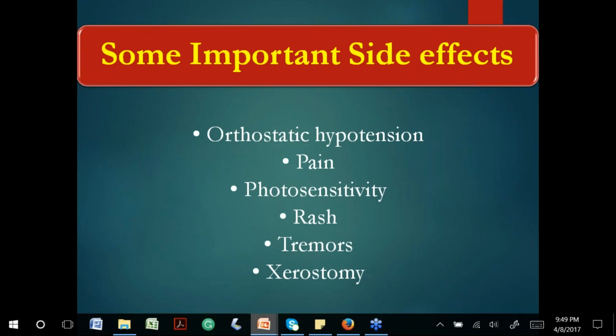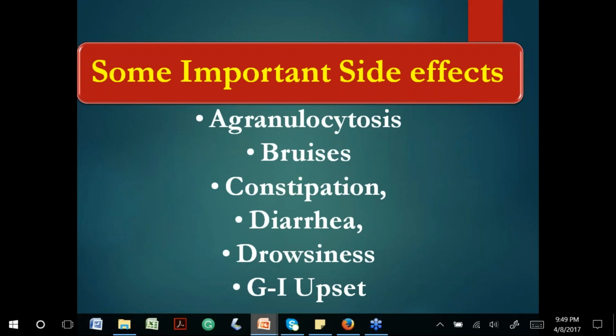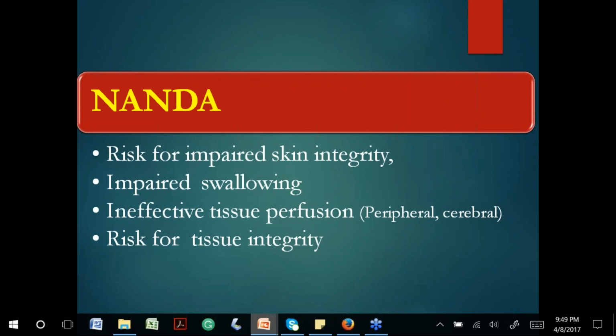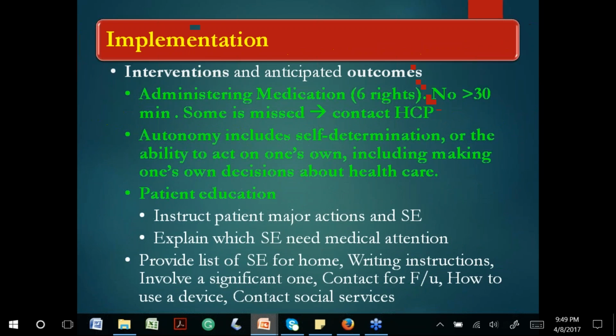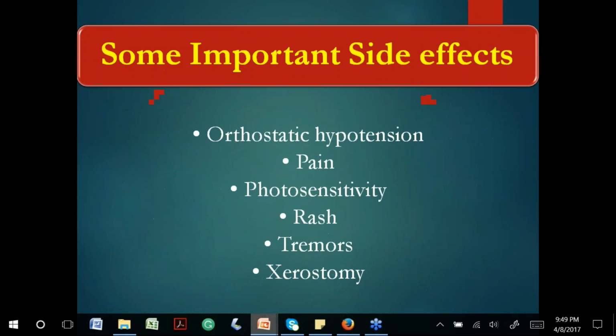Photosensitivity and rash, okay? So in this case, what we are going to find is, for example, risk for impaired skin integrity. You're going to see photosensitivity. Photosensitivity is a rash, actually, when you are being exposed to the light. If you keep being exposed to the light, what can happen? The integrity of the skin is going to be impaired. It's going to be an ulcer, or a discontinuation of the skin, so that can get